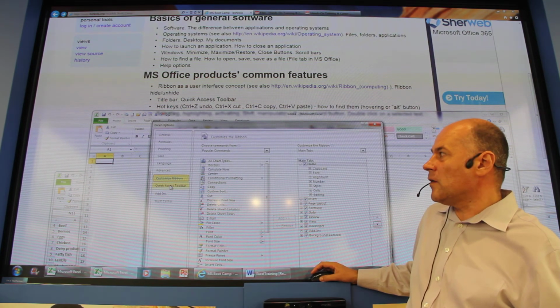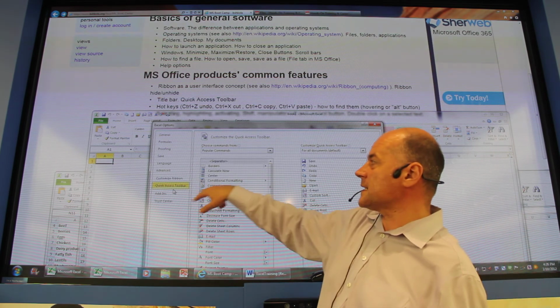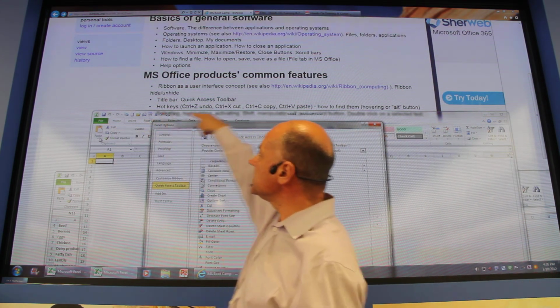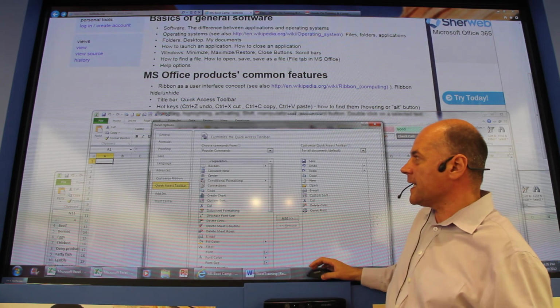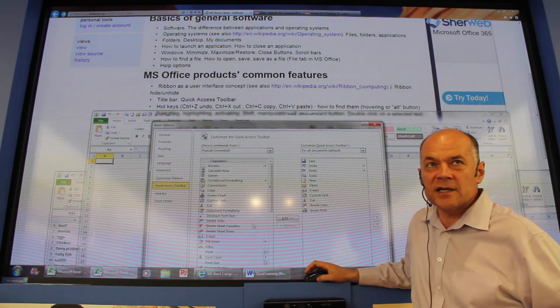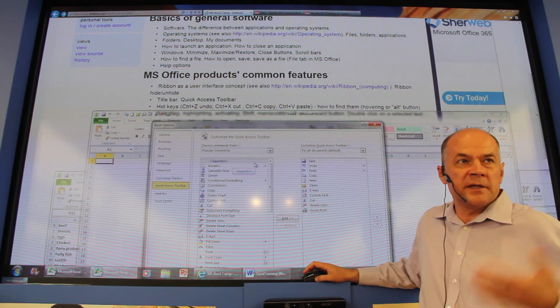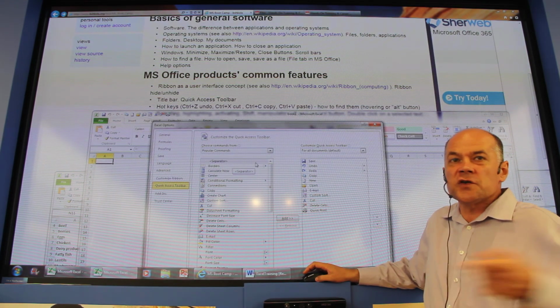Once again, if I click Quick Access Toolbar, which is here on the top of the ribbon, I can add any shortcuts which I use a lot, the most frequently used ones, not to go to the menu every